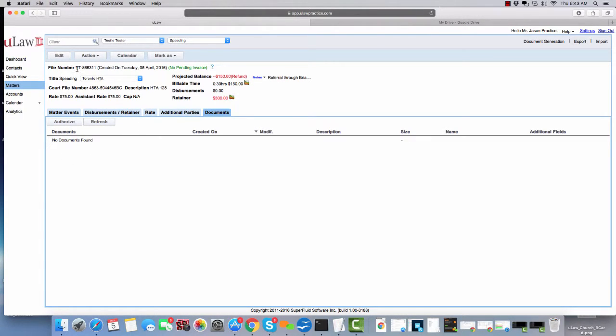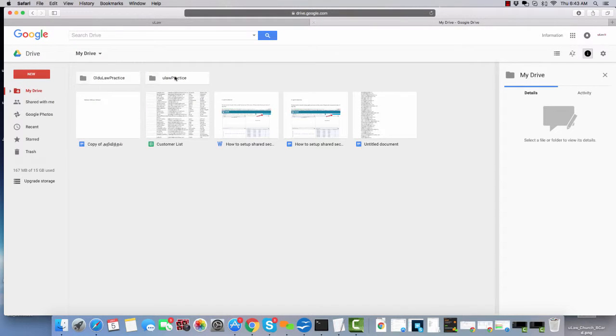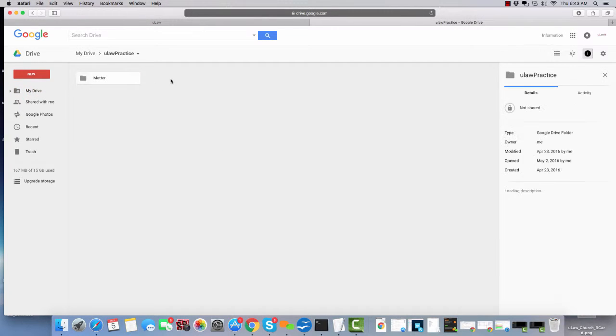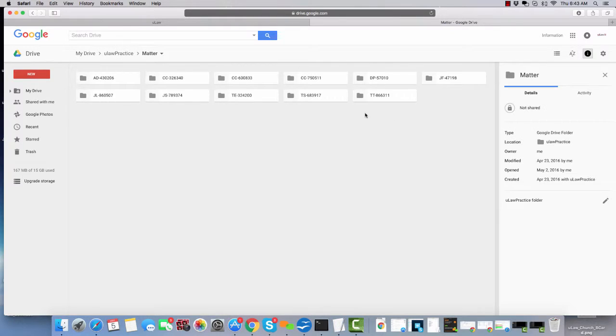Now, the matter file number is pretty important. So in this one, it's TT866331. If you actually traverse to my Google Drive, you'll see a directory here called uLaw practice right in your My Drives section. If you click on that, it'll have a directory called matter. And when you click on that, that TT86631 will be a directory or a container, as they like to call it in Google Drive. So if you click on that,